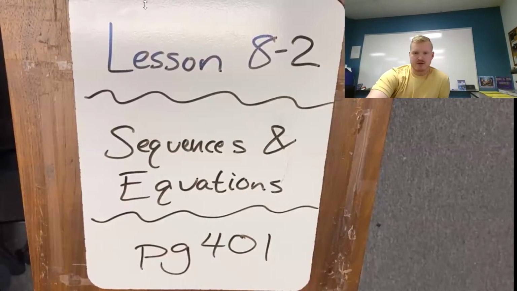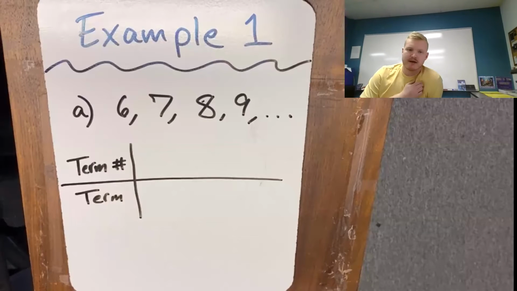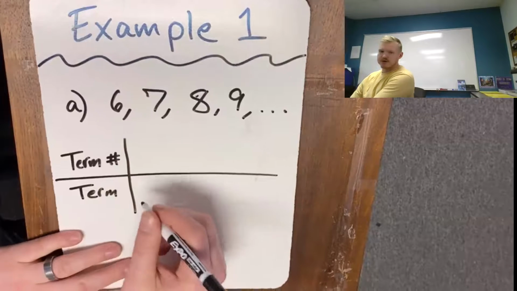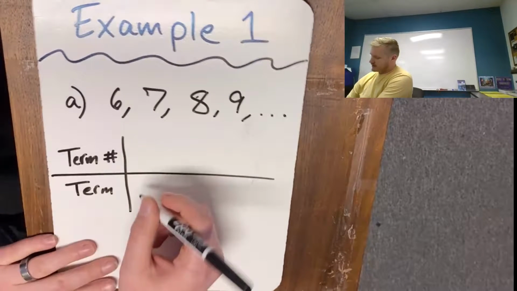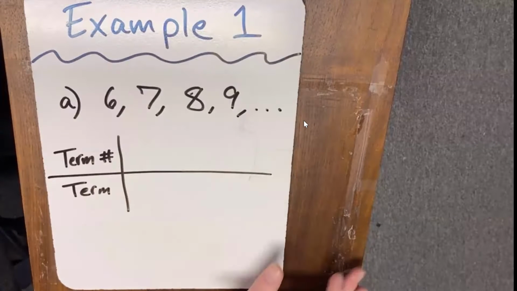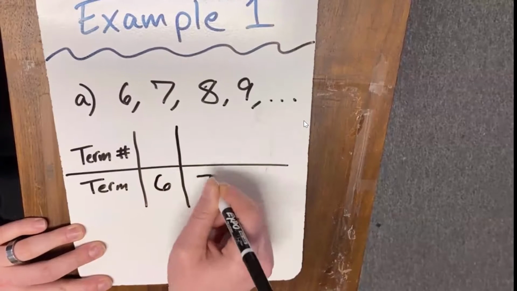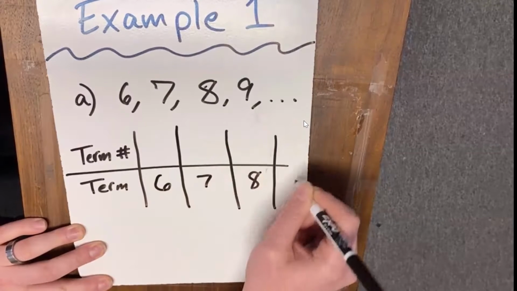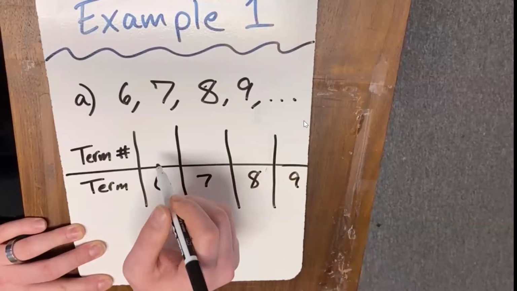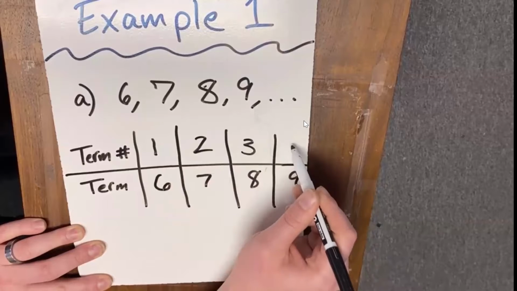So let's dive into example number 1. On page 401, our sequence is 6, 7, 8, 9. First, I need to write down my terms under the term section. For term, we have 6, then 7, then 8, and then 9. So 6 is my first term, 7 is my second term, 8 is my third term, and 9 is my